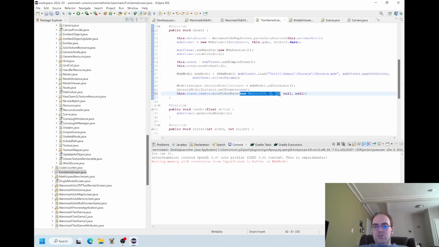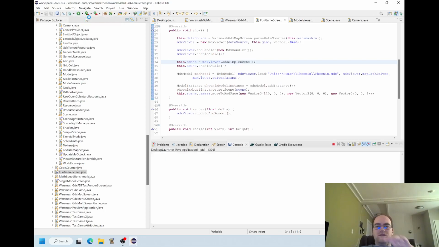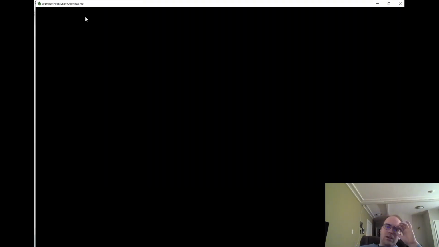These are going to be really straightforward, because the target is going to be the origin. The location is going to be x of 120, and the world up is going to be a vertical vector with z equals 1. So I'm hoping that'll make it so we can see this Phoenix, and I kind of still doubt it. I think there's some other work to be done.